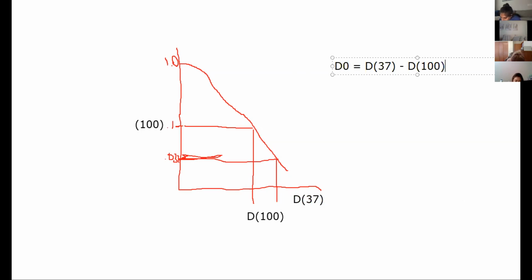So in this case, the dose at 37 was 179 rads. The dose at 100 was 149. So the difference is what? 30. Exactly. So D sub 0 equals, in this case, 30 rads. So if you're somewhere in that ballpark,